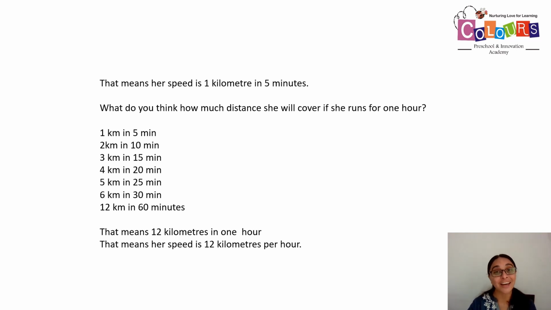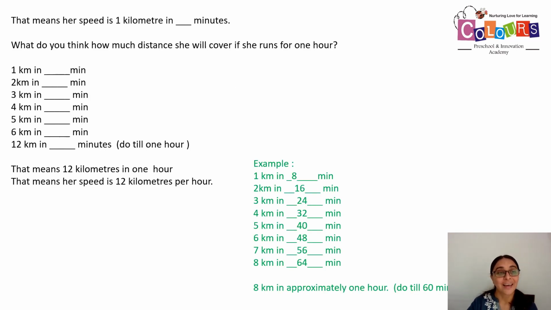So see, we derived that formula that speed is distance divided by time, or speed is 12 kilometers per hour. But we did not use that formula. And now,